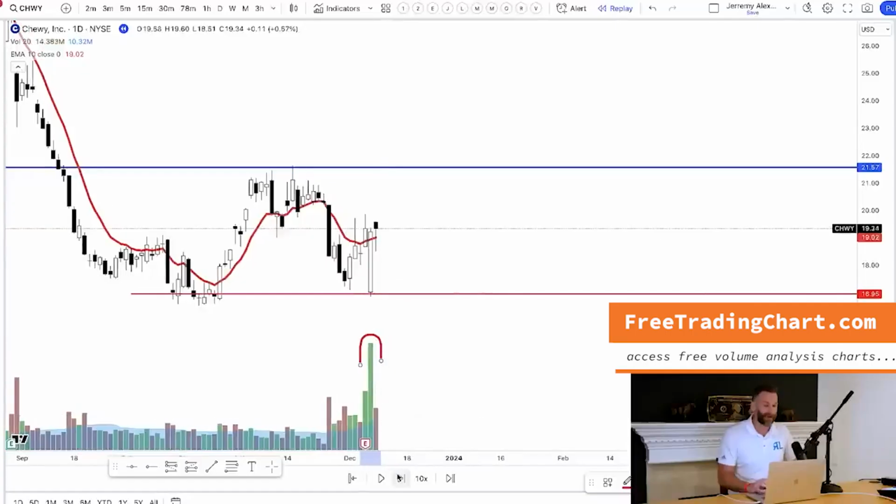However, huge volume like this, especially at a support, especially when the stock is nice and low, is a huge realization that the likelihood of this company going up is pretty dramatic. Because when you have a bunch of buying, prices generally go up. The next candle that came in was actually a hammer candle. This is one of my favorite hammer candles because it has a very tiny upper shadow, but also has a